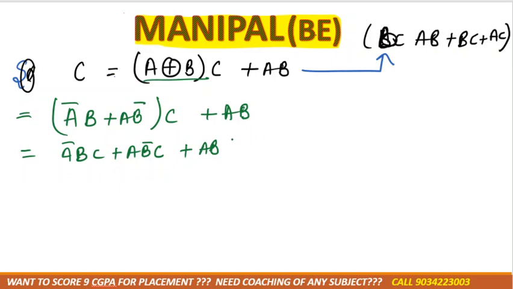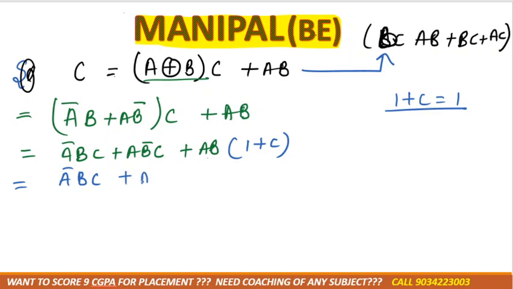Now, can I multiply this term by 1 plus C so that it will be added? As you know, according to the Boolean laws, 1 plus C is equal to 1 only. If I add 1 to any number, that would be equal to 1. Okay, so that would be A bar BC as it is, AB bar C as it is,